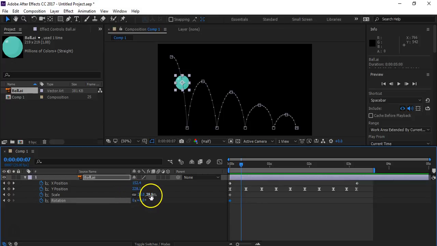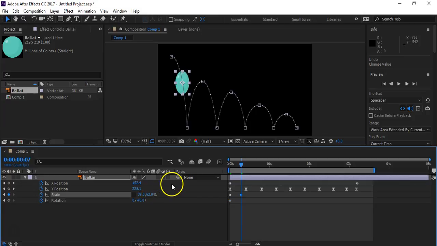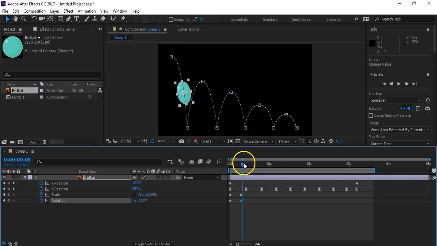If you don't turn it off, this will scale gradually and I don't want this. What I want is just one direction, to give a stretch and squash effect. I'll give a bit and then take a little rotation because it's coming in this direction. Then when it touches the ground here, again